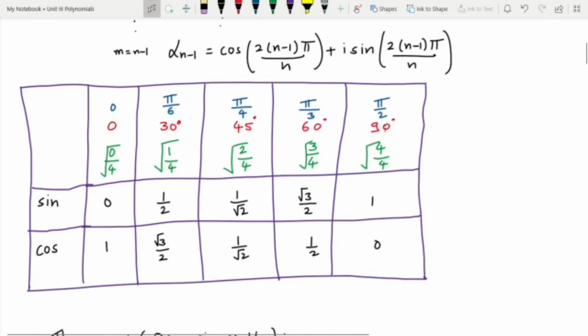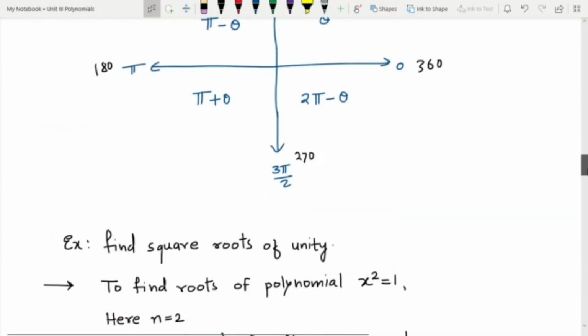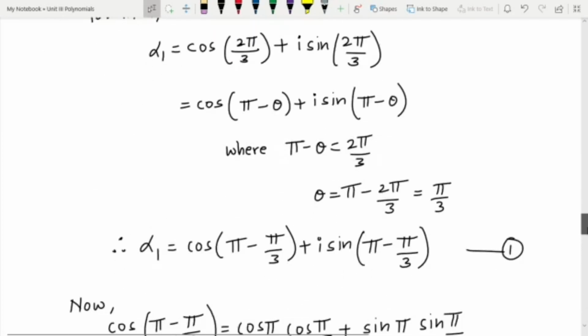Therefore we have seen second root of unity due to this 2. We have seen third root of unity. We are seeing fourth root of unity now, and directly we will see sixth root of unity. Fifth root of unity is missing because we don't know the standard values of sine and cos for pi upon 5. Otherwise, if you are having calculus, then definitely you can find fifth roots of unity also. There is no problem for that.